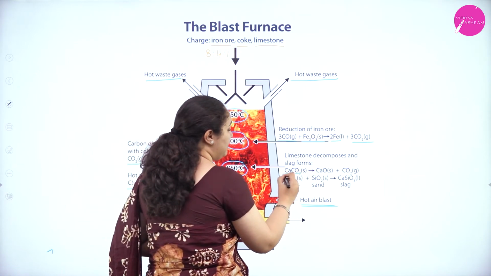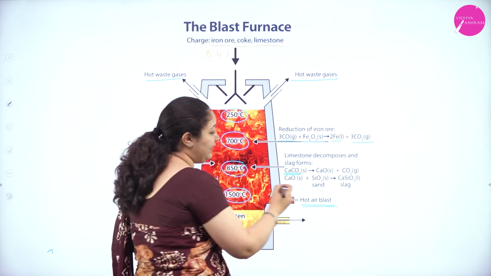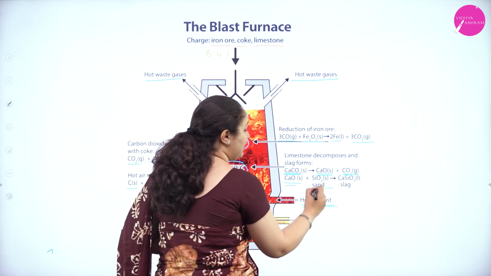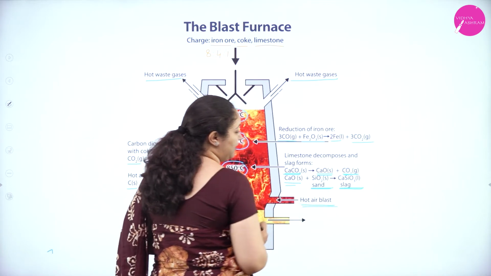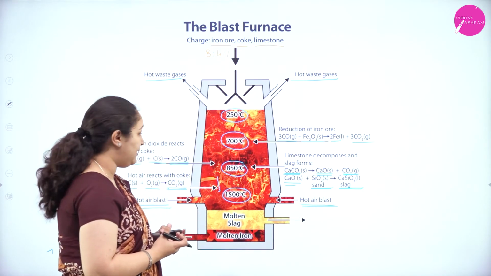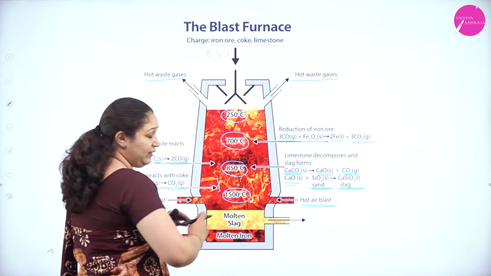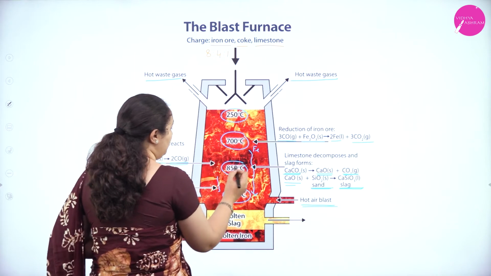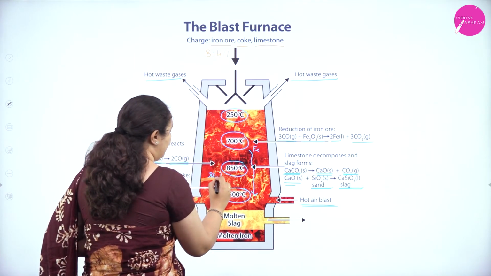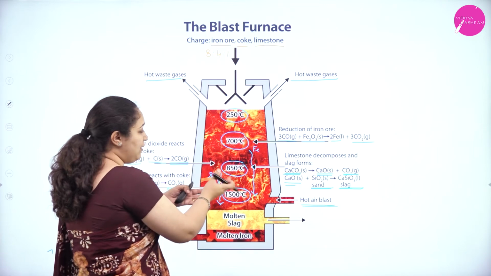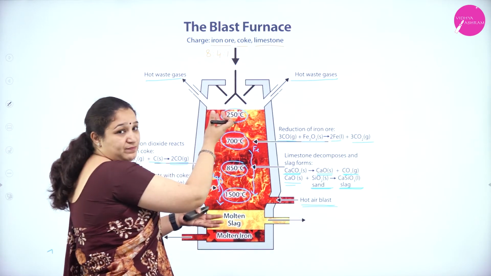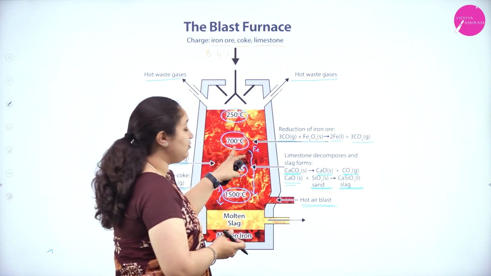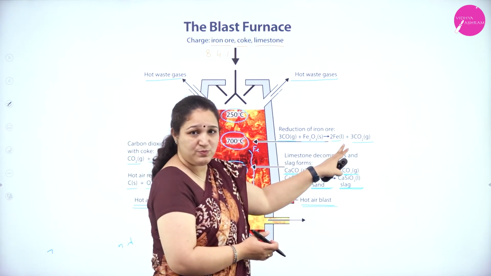So calcium carbonate is the lime we have added. At high temperature it forms calcium oxide and carbon dioxide gas. Calcium oxide will react with sand, that is SiO2, to form slag. Slag is also molten at that temperature, so it again starts flowing down. So what is coming down? We have iron which is moving down and also slag, and as carbon dioxide gas is formed, it goes above, reacting with coke. And carbon monoxide, once it is formed, in this zone we call the reduction zone, where iron is produced.